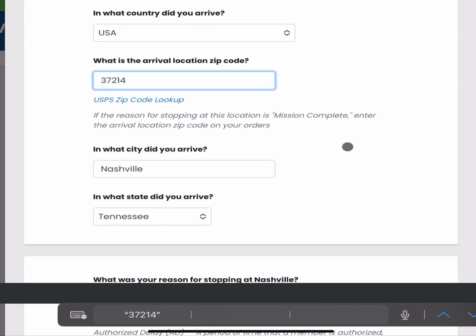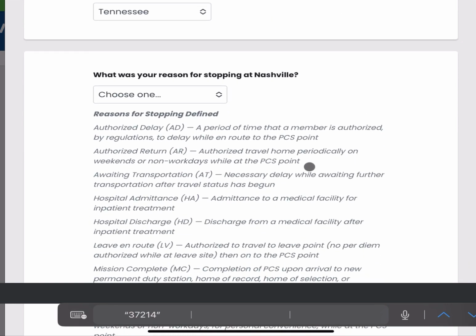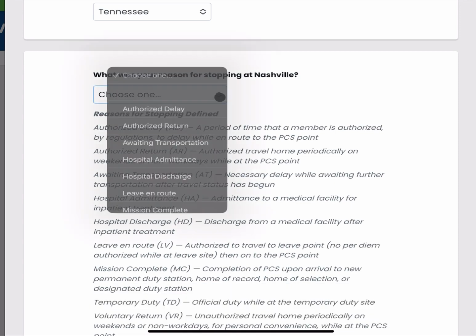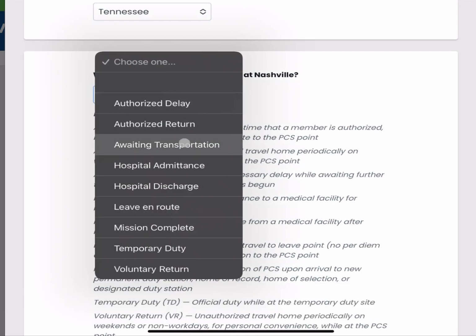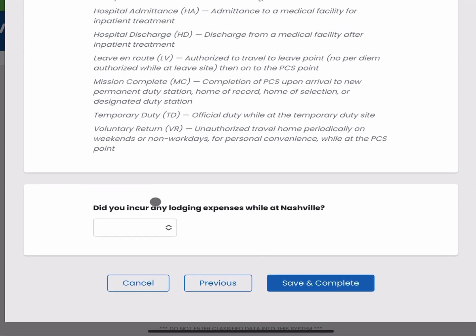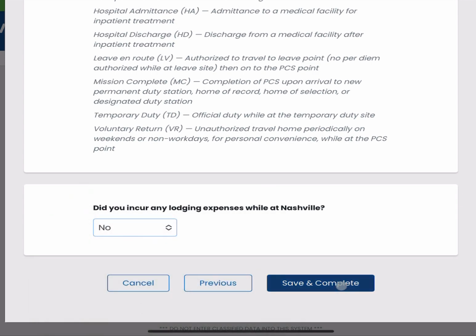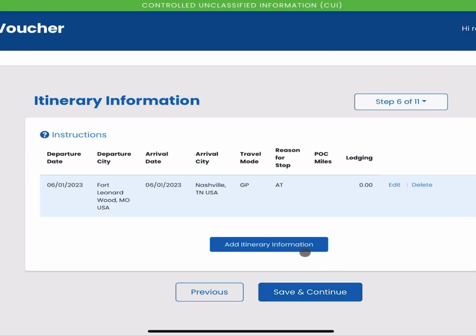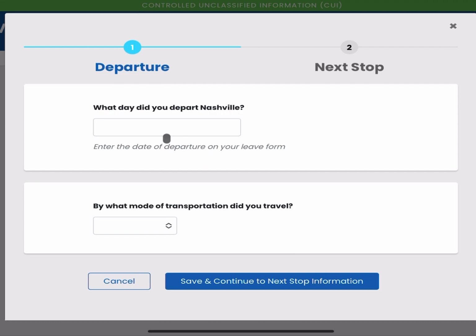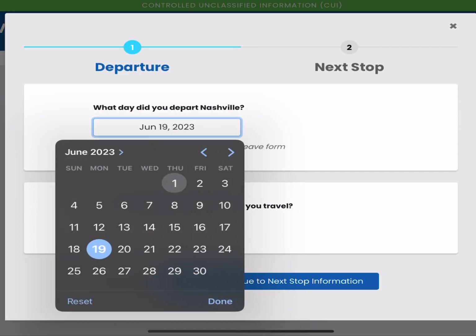If you flew into Nashville, we're going to have you pick Nashville. Your reason for stop coming to Nashville would be awaiting transportation. You did not incur any lodging costs in Nashville. Even if you did, you would not be reimbursed. Then what we're going to do is add more information. You're going to put that you left Nashville the same day,